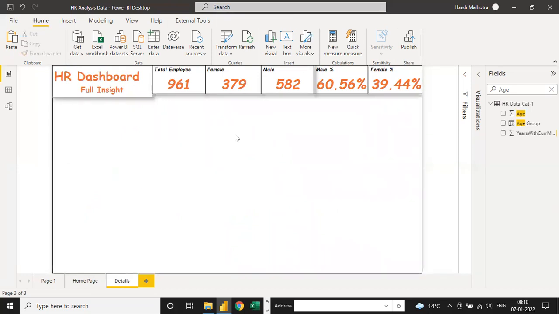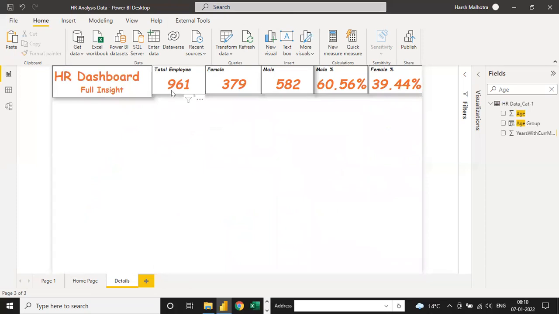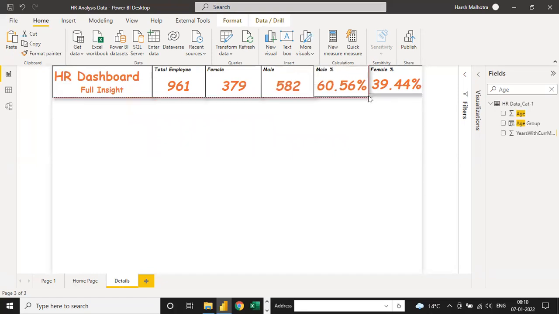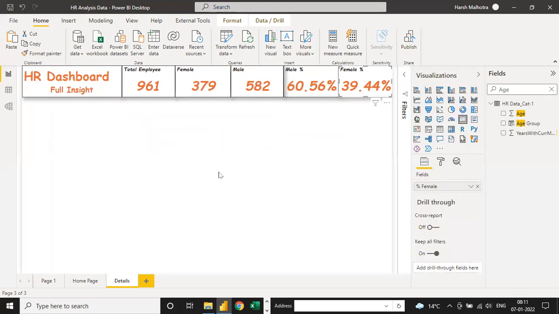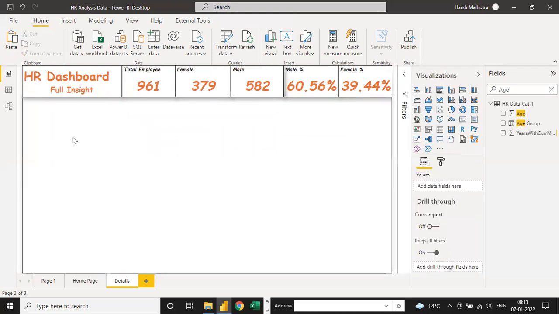So here we want a detail, complete detail. So how to make your detail wise chart? Let me first arrange this one. Now you need a detail wise.